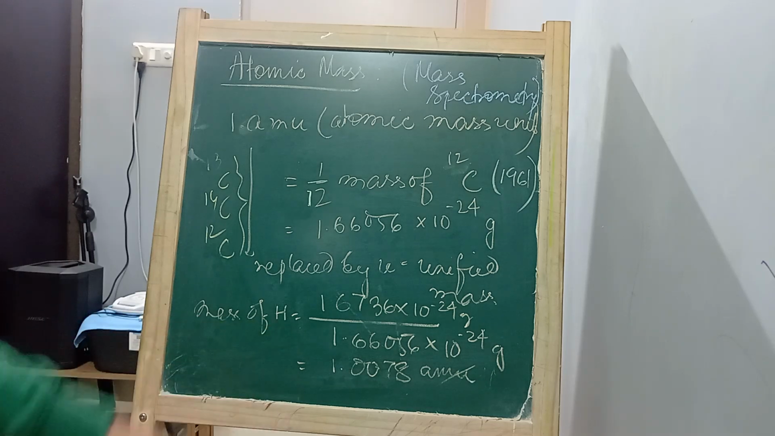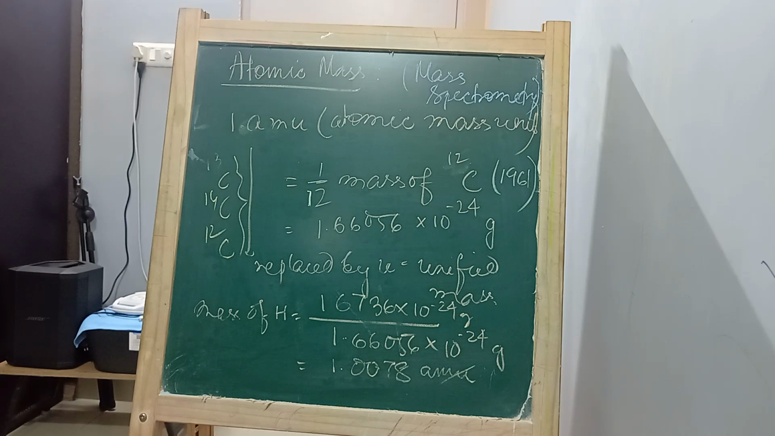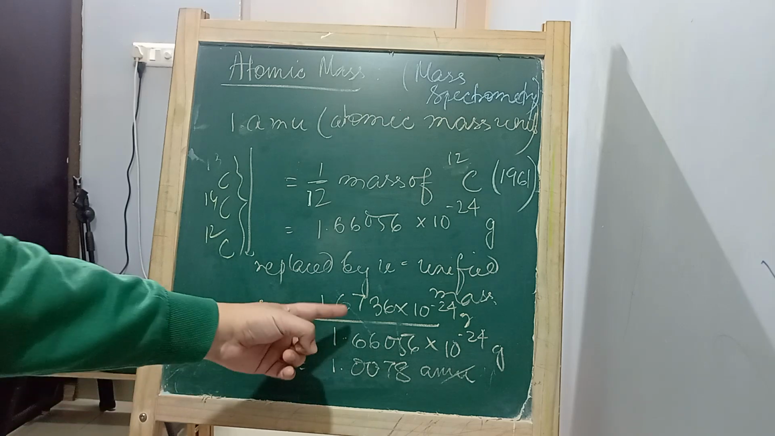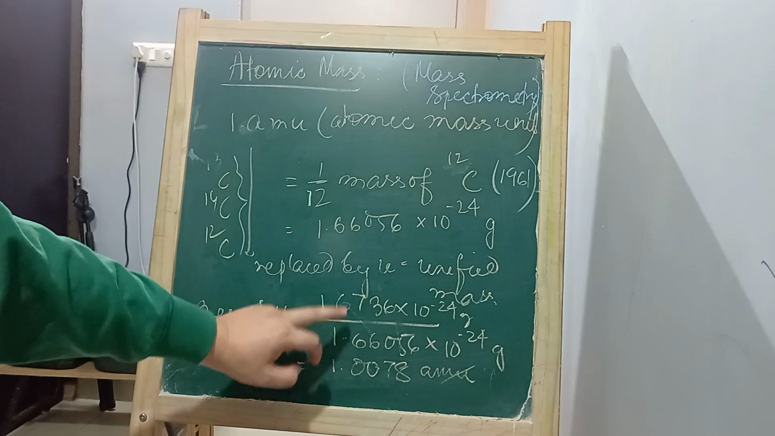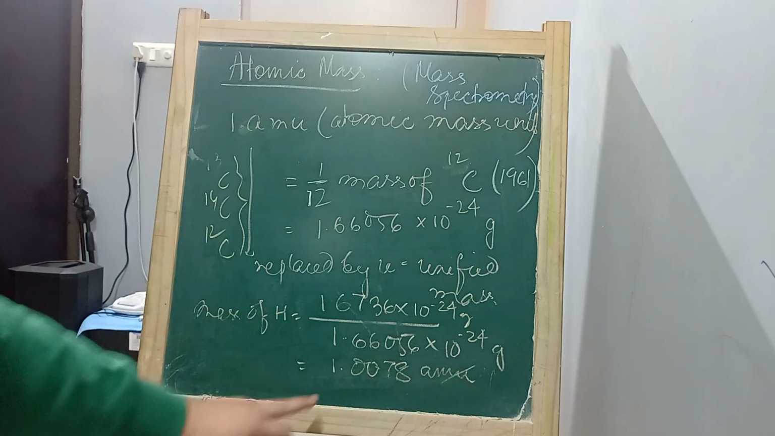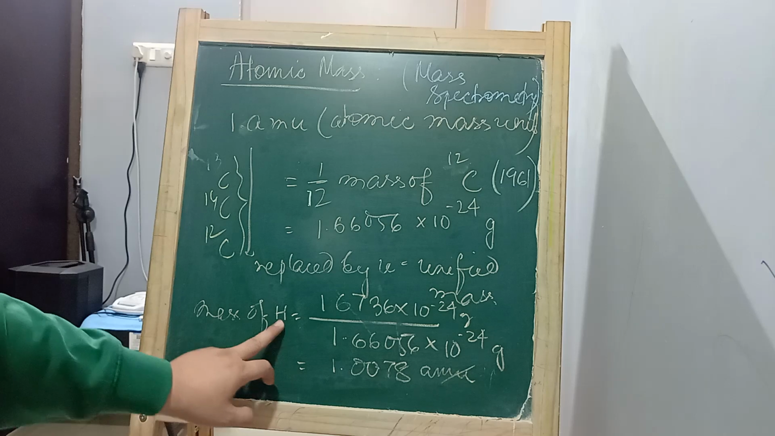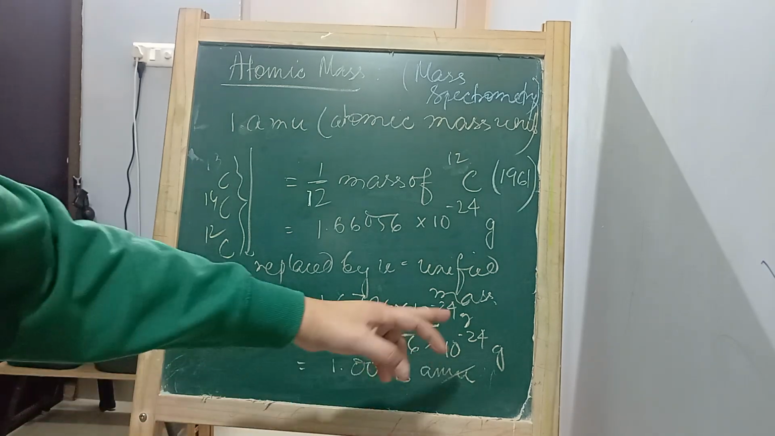So how will you calculate the mass of a hydrogen atom in terms of AMU? Through mass spectrometry, we calculated that the mass of one hydrogen atom is 1.6736 into 10 to the minus 24 gram. When you divide it by the mass of 1 AMU, you get the relative mass of the hydrogen atom in terms of atomic mass unit, which turns out to be 1.0078 AMU, or simply U. The mass of a hydrogen atom is 1.0078 AMU,